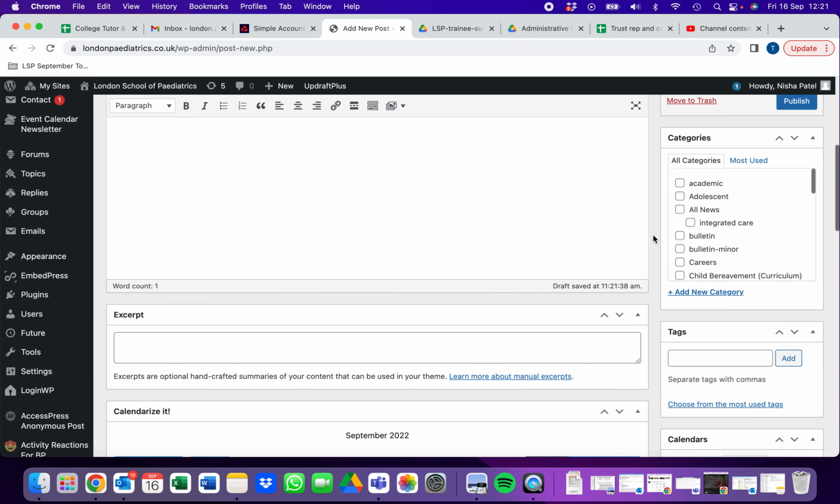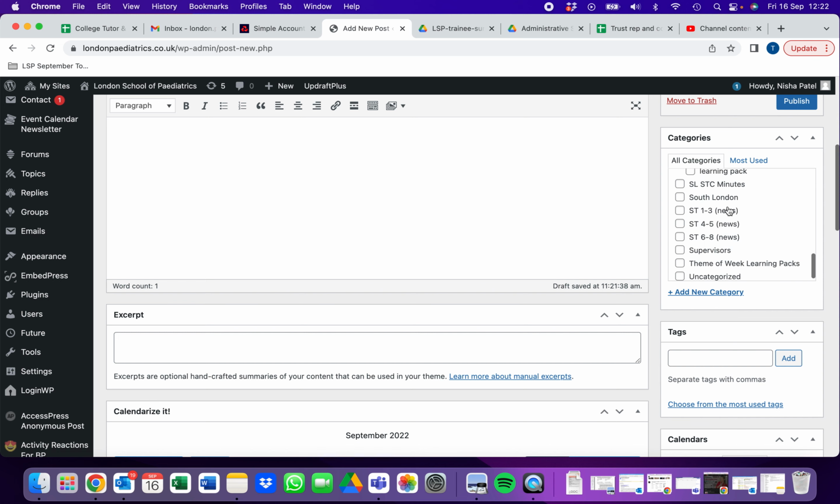So this is how you get it into the right part on the website. You want it in all news, okay? So that will be on its front page. People would want it on the bulletin. So you just make your decision. Is it just a casual teaching event, or is it something to do with START assessments, ARCP, like mandatory regional training, etc.? Then the other ones to put it up on are front page, important, and